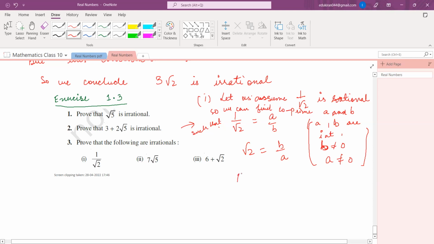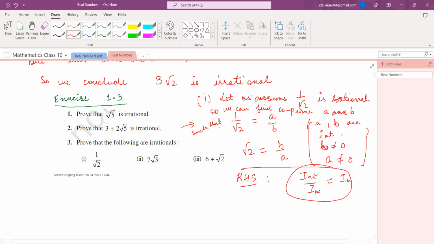Now look at the RHS, my right hand side. You have an integer divided by an integer. You don't have to write this, I'm just explaining. So this is integer upon integer. That means it's a rational number. Integer is also rational, you know. So your right hand side is rational, but you already know that root 2 is irrational. So there's a contradiction here. So just simply write, since RHS is rational,